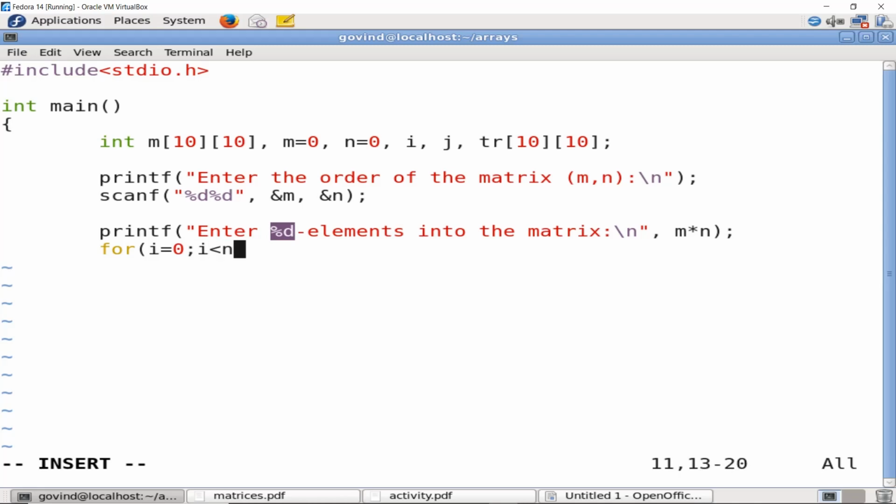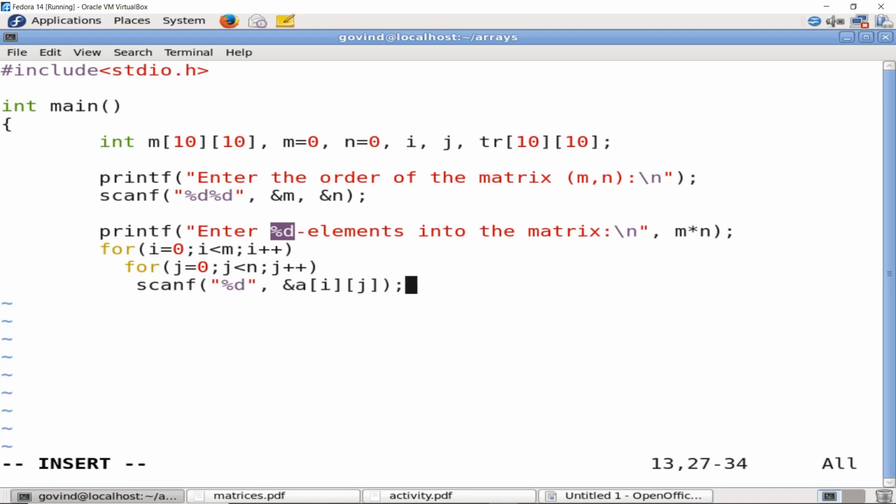I'll now go ahead with initializing the matrix using runtime initialization. For i equal to 0, i less than m, because the outermost loop represents the rows and the innermost loop represents the columns. So the second for loop represents the column, j less than n, j plus plus. I don't require a pair of flower brackets for each for because there is only one statement inside this. Then I'll write scanf %d ampersand a of i j.